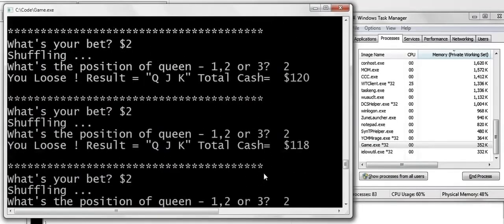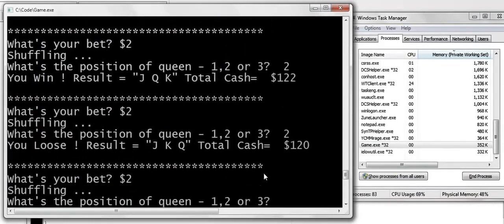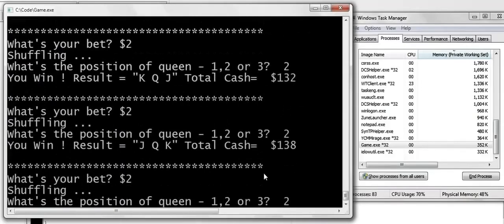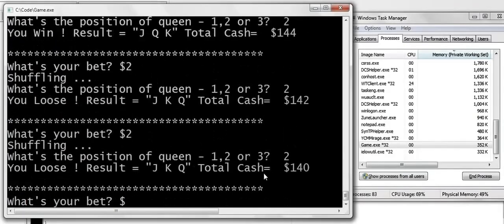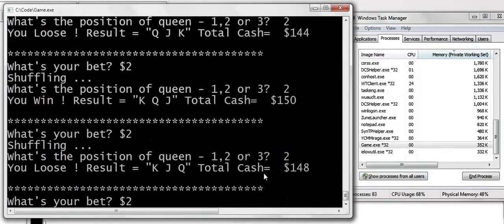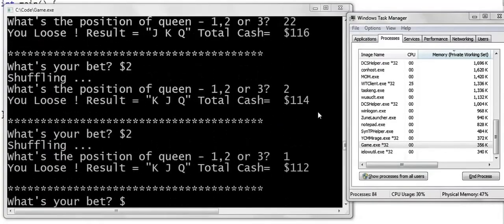Remember, we had created an array of size 10,000, and if we were not using free, then the memory would have shot up like anything. But because we are freeing at the end of the function, it's not going up. There is no memory leak. So finally, to summarize, memory leak is improper use of dynamic memory or the heap section of memory that causes the memory consumption of our program